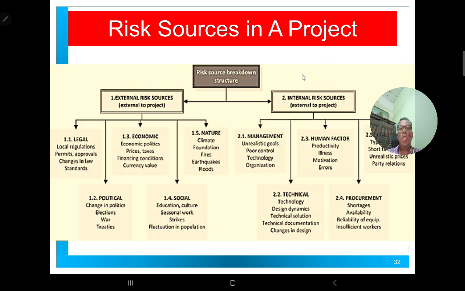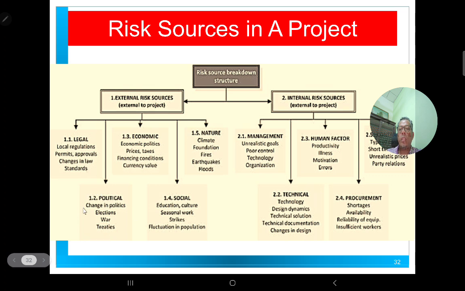Risk sources in a project can be broken down into a few structures. The first is external risk sources. This is due to external factors. It can be due to legal or law, where the local regulation or the need to obtain some permits for your work to be done, and also due to late approvals of your project by the local council, and also due to political changes